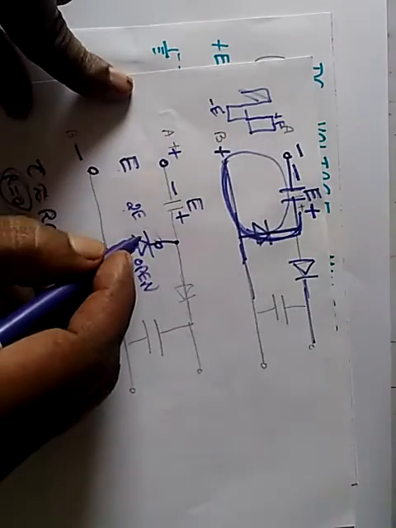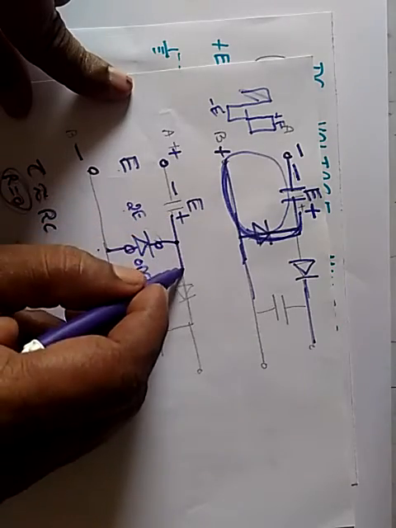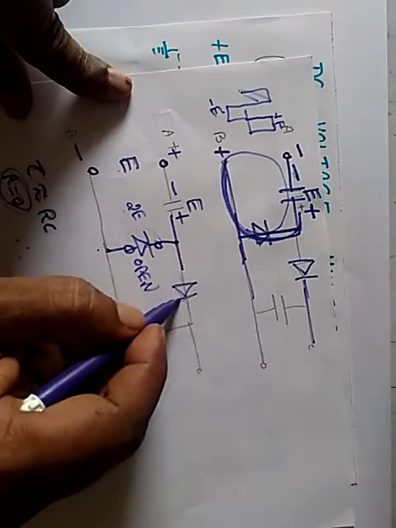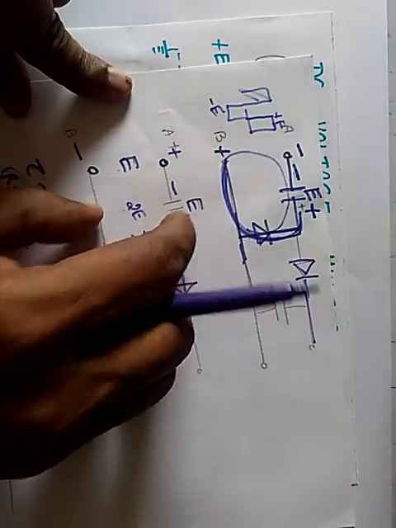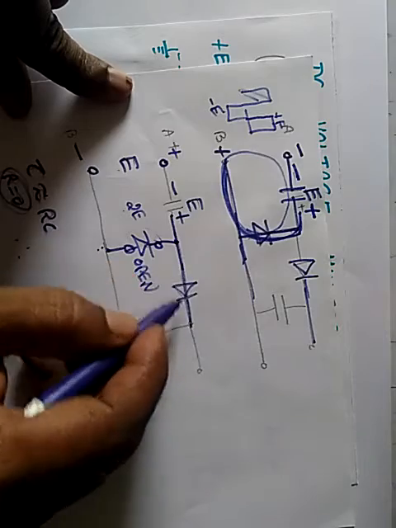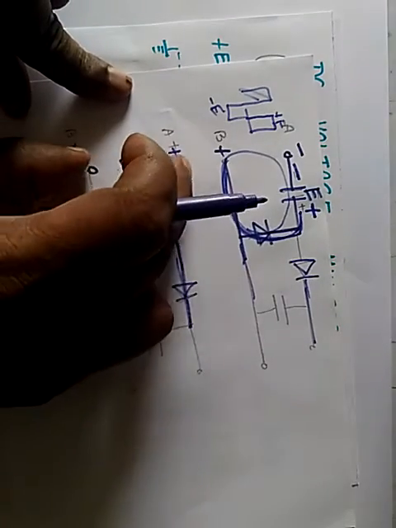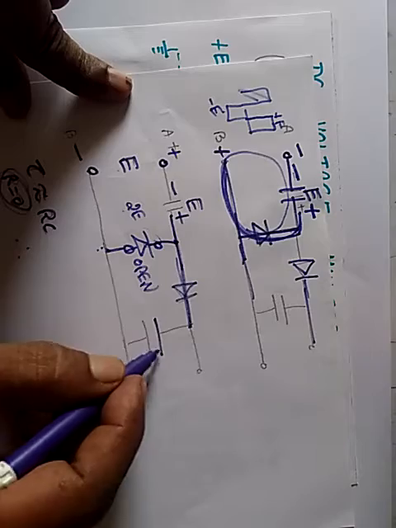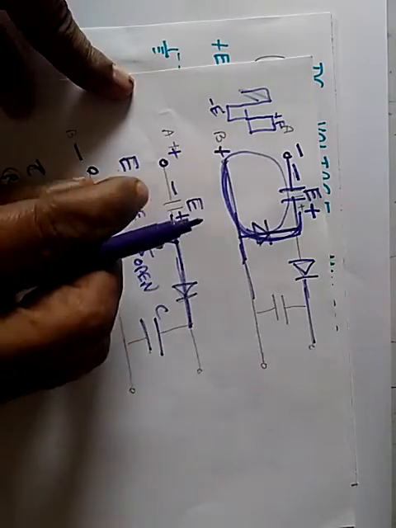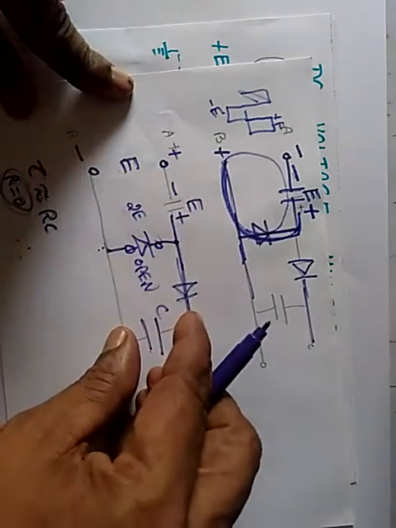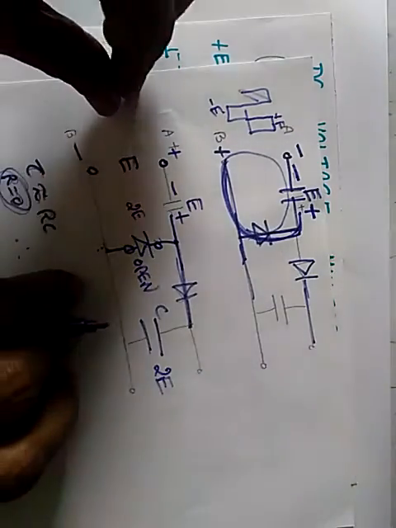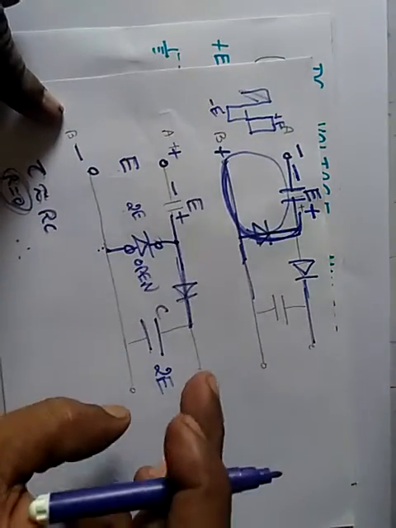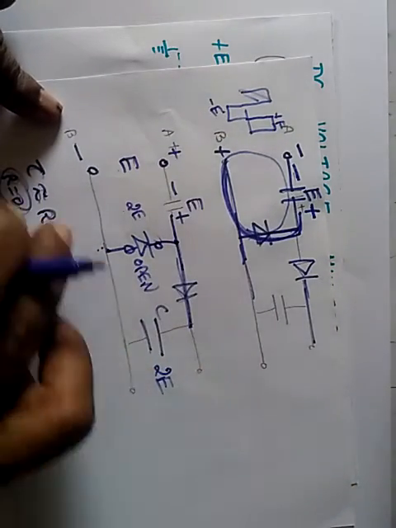It will not conduct. Now this other diode is forward biased because it acts as a short. This is positive, this is negative. The voltage between these two points is 2E. So this diode acts as a short and the entire voltage will appear across this capacitance. The voltage across the capacitance is this voltage plus this voltage, which is 2E. That means if we give a voltage of E, the output we are getting is 2E. This is the analysis for the voltage doubler.